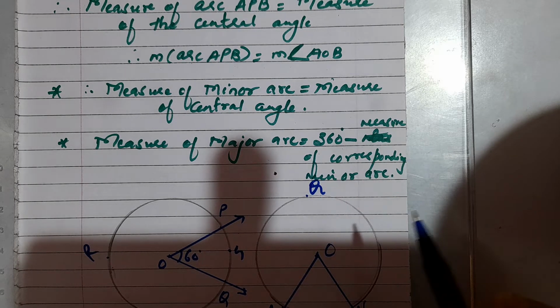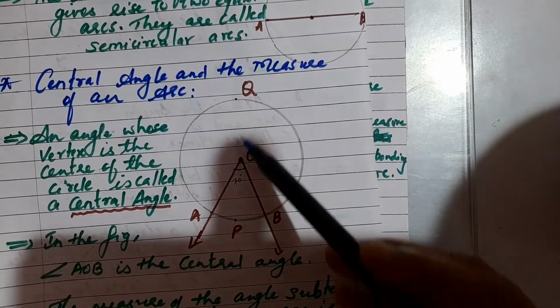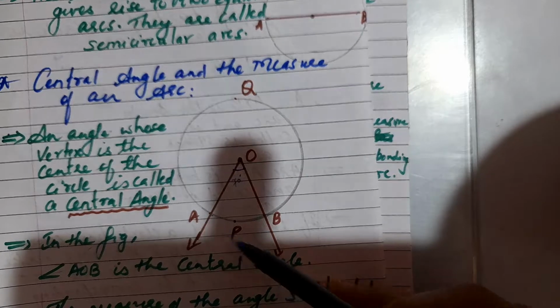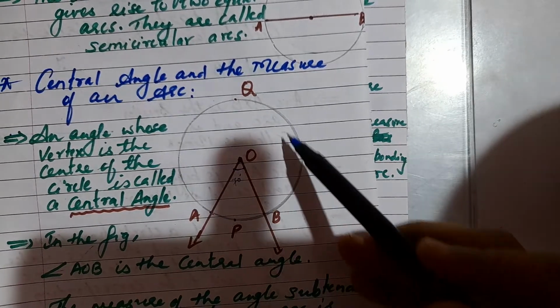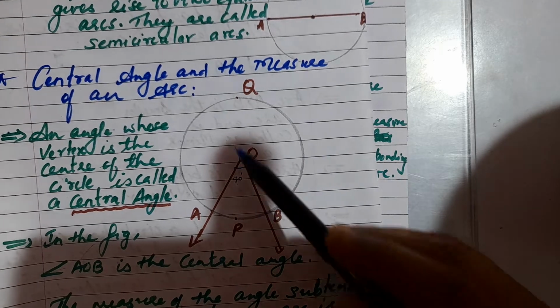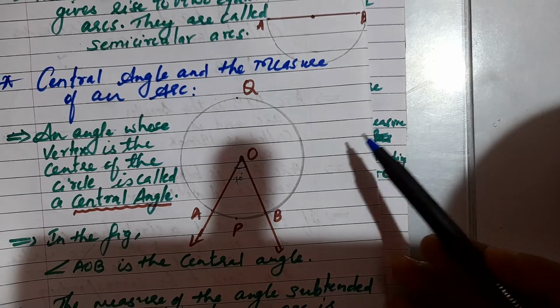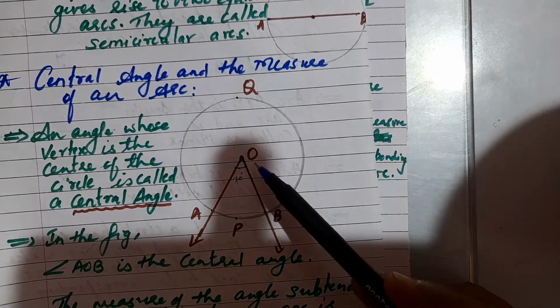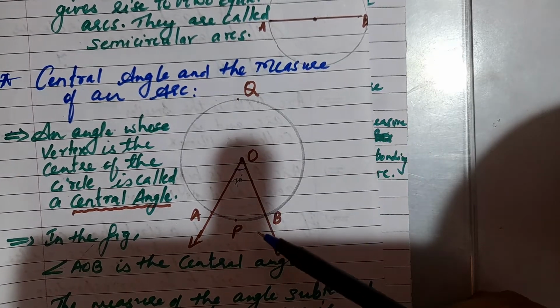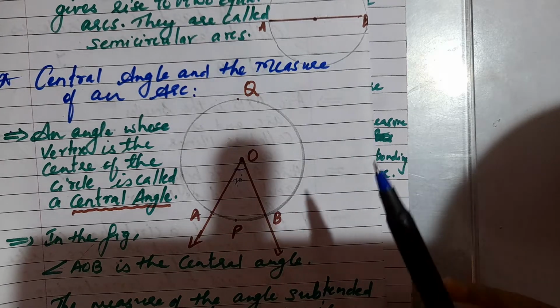So I hope, children, these points are very clear to you, and you have to remember one more thing: the measure of a complete circle. If I ask what is the measure of one complete circle, children, you have to remember that the measure of a complete circle is always 360 degrees. One complete circle is nothing but 360 degrees, as you already know, right? Now when we drew angles and all, we learned that the measure of a complete circle is nothing but what?